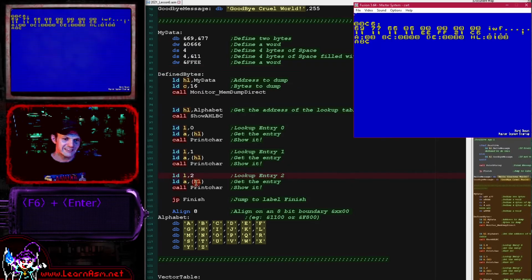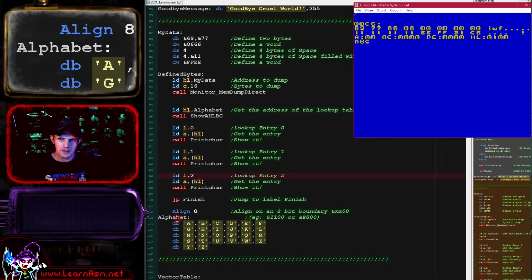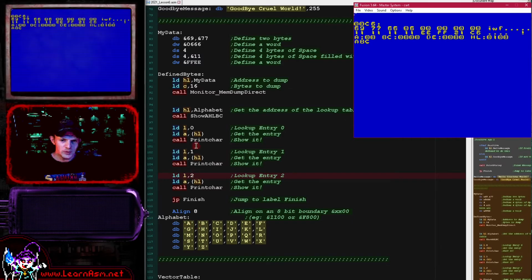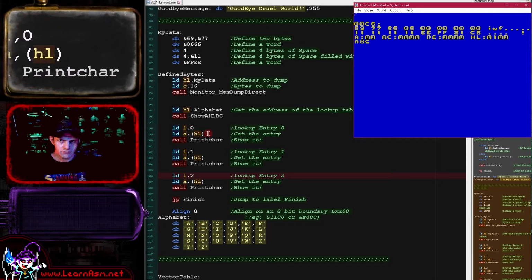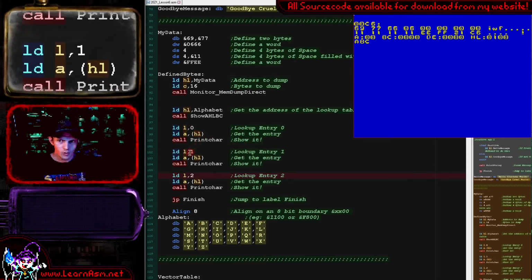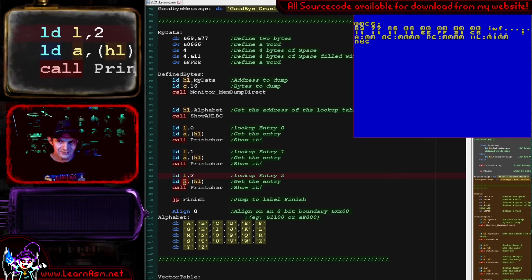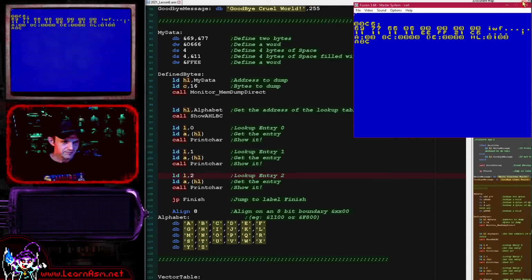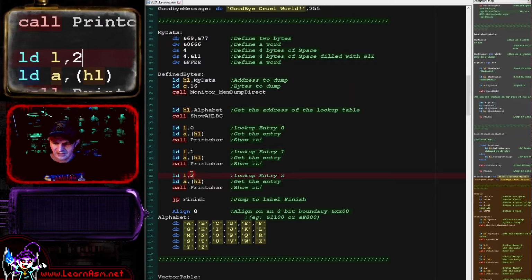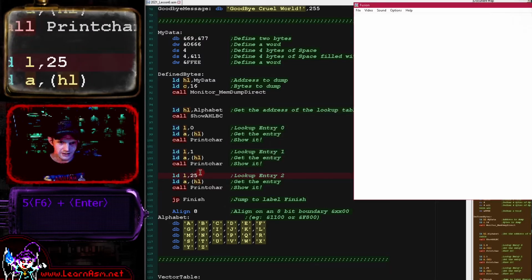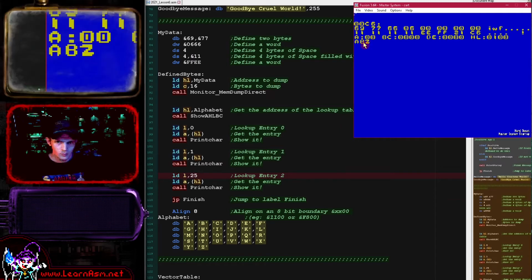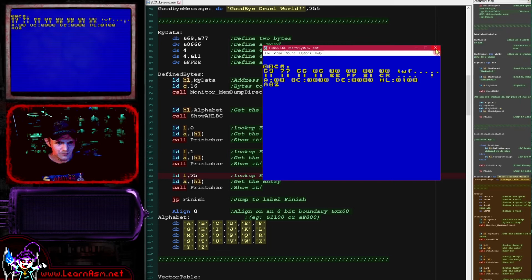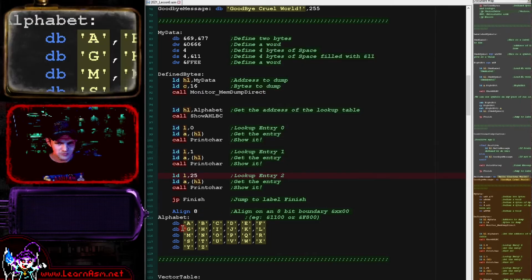Well, what we've effectively done here is we've created a lookup table which allows us to look up letters within the alphabet. So if we look up letter 0 and show it to the screen, and then show letter 1 to the screen, and then show letter 2 to the screen, we will show ABC here. And if we change this last one to 25 and we run again, well, now we've shown ABZ, because effectively we are now calculating via this lookup table and via